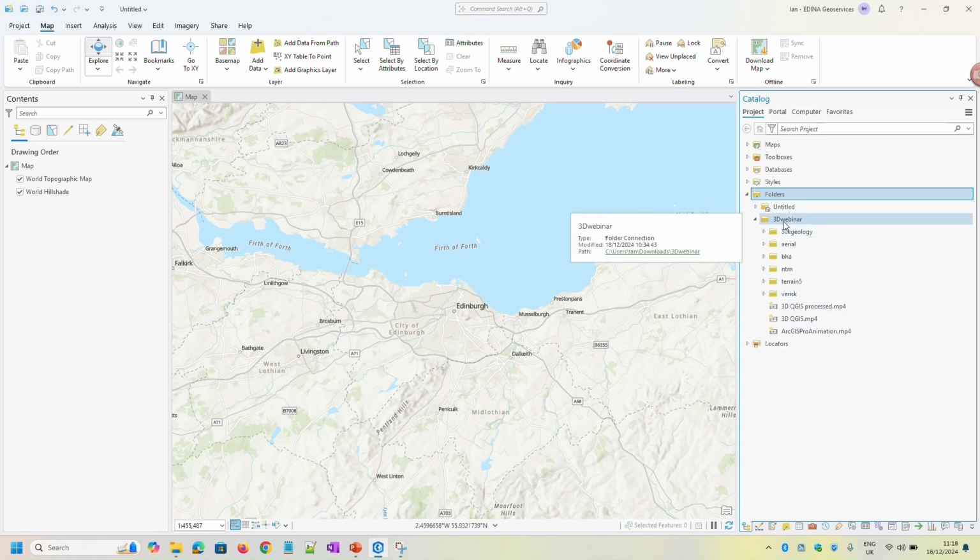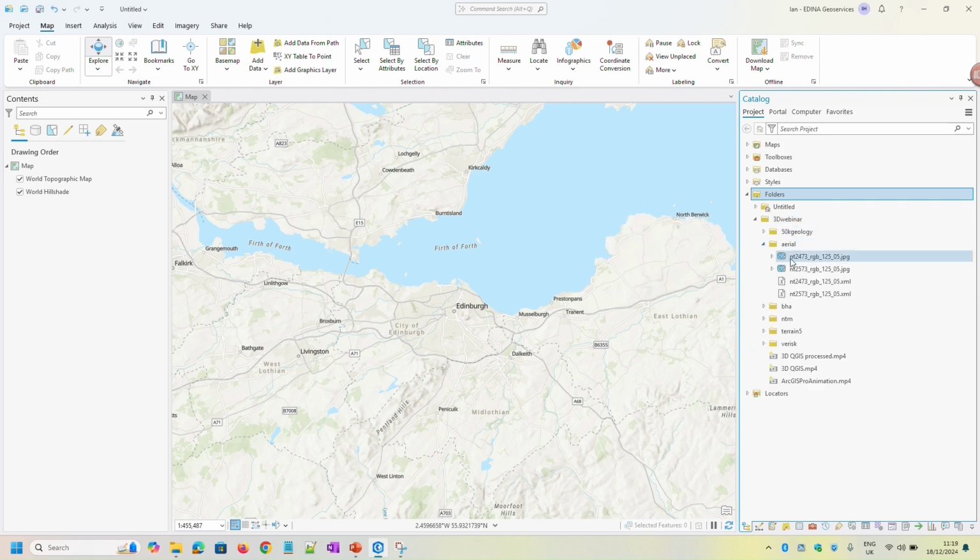So the first data set that I'm going to add in is the aerial imagery. I've downloaded a couple of aerial image tiles. Before I add these to the project though, I'm going to set the coordinate reference system, because at the moment the data, whilst it's provided in British National Grid, the data set itself doesn't have any projection information with it. So I'm going to right click on each of these two images, bring up the properties window,